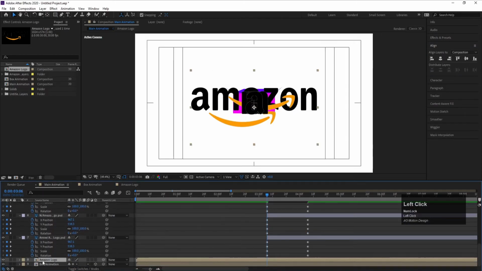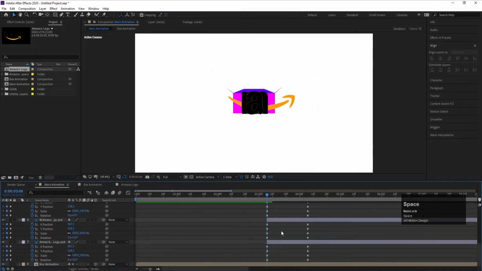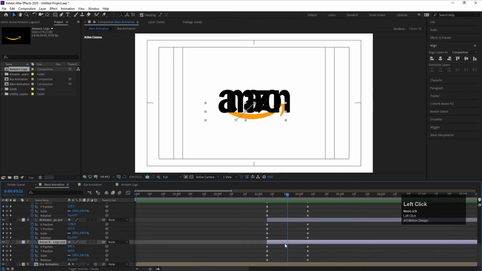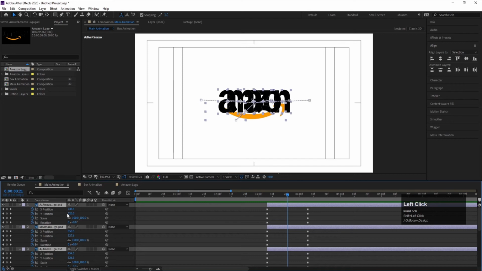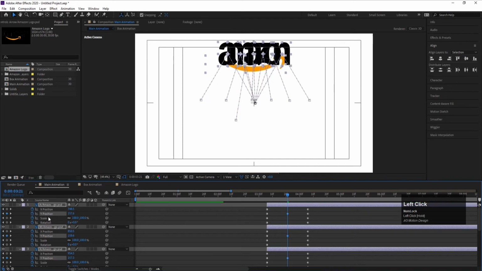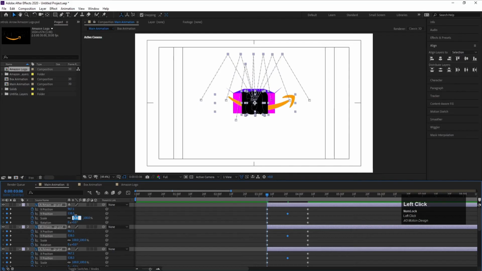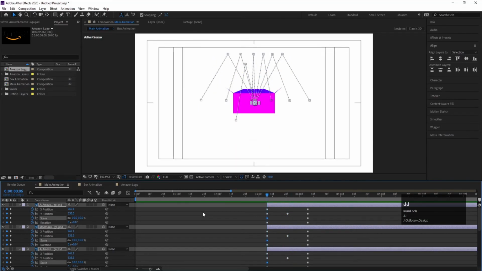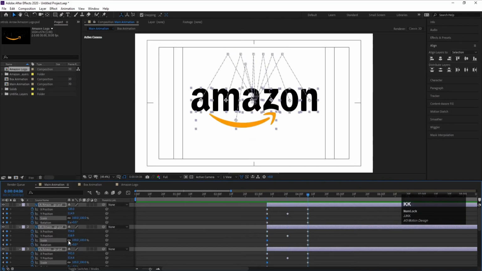Let's delete this Amazon logo, not over here. So we'll get something like this, and somewhere around at this point, I'm going to select all of this and let's change the Y position of it somewhere around over here. Initially, let's make this scale 10 like this. Now along with that, I need rotation animation as well, so let's go over here and let's make this one